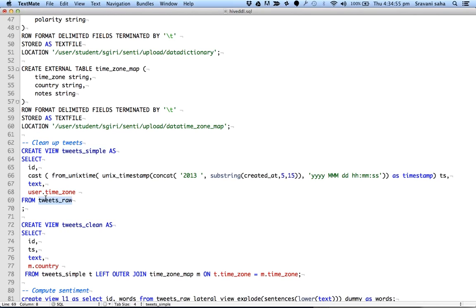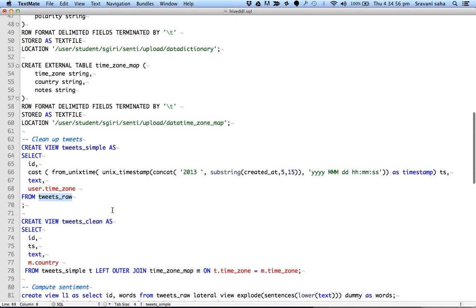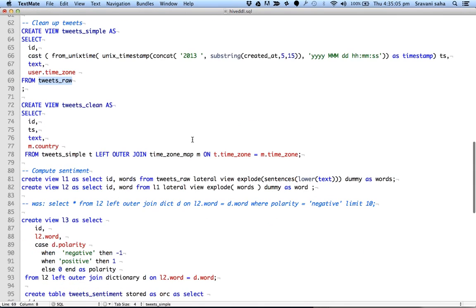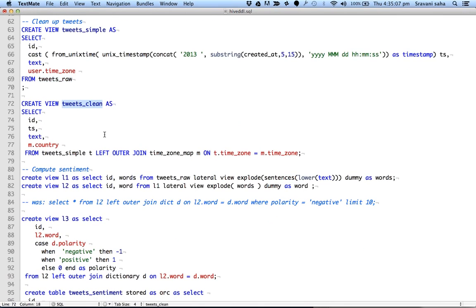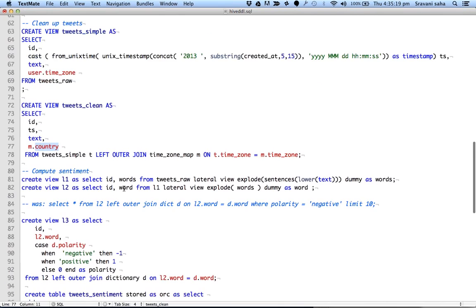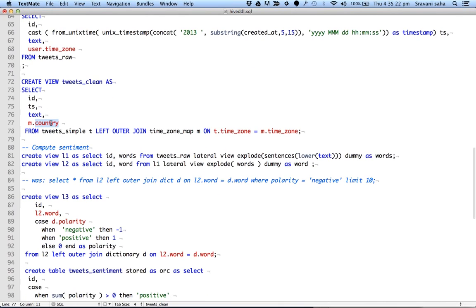Tweets simple is basically a view on top of tweets raw. After we have concatenated the date, we have cast the date into a proper datetime. Then we are converting tweets into country: based on time zone, we are adding the country. Once we have added the country into our tweets clean,